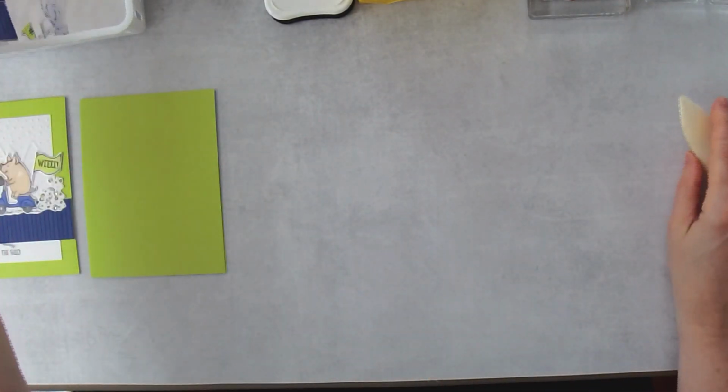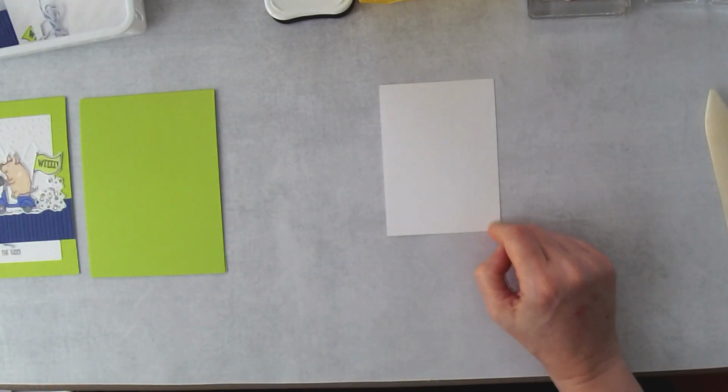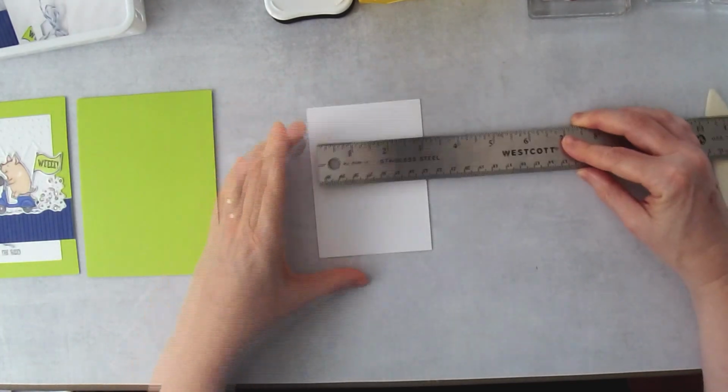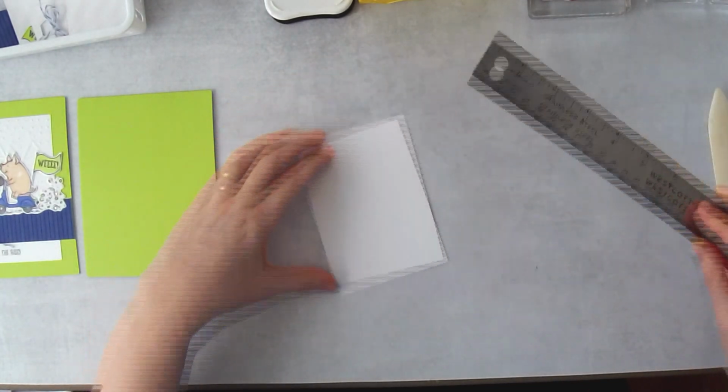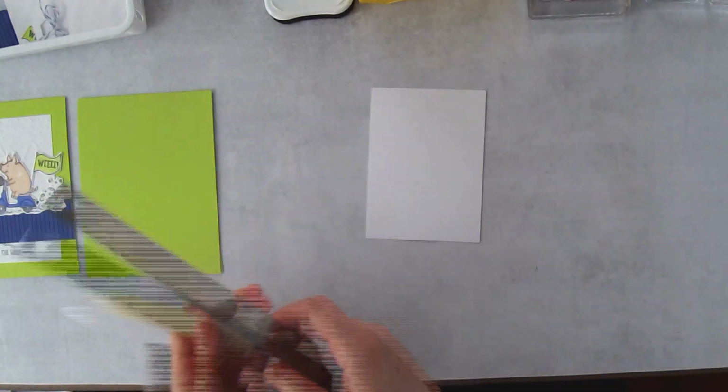All right, and then I have a piece of Basic White cardstock. Let me give you the measurements for this. It is 3 1/4 inches by 4 1/2 inches. And we're going to use a